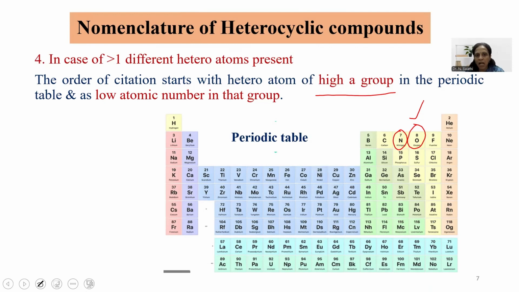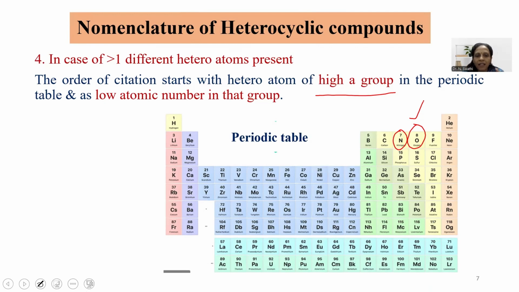That means we should start numbering from oxygen, then go to the nitrogen. This is how we have to number. So this is when the heteroatoms belong to 2 different groups. Now, if the given heterocyclic compound has 2 heteroatoms which belong to the same group, for example,